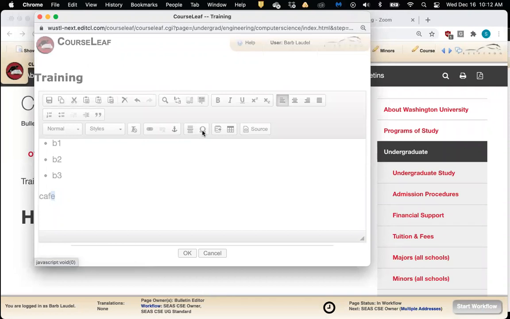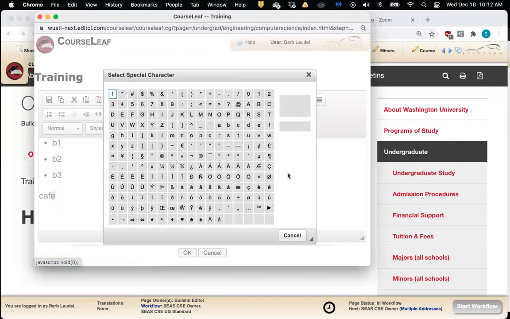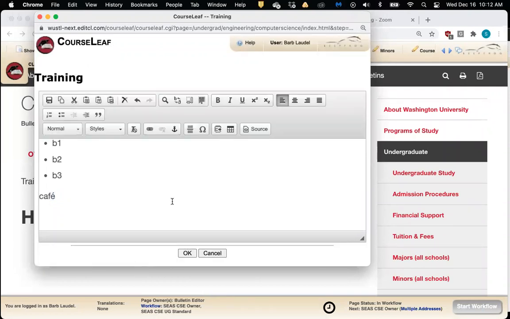When you click on that, it opens up this box where you can select your specific character, and then it will input that character in the text. So this icon here is specifically for special characters. And as you can see, as I hover my mouse over these tools, a screen tip appears that denotes what that symbol represents.